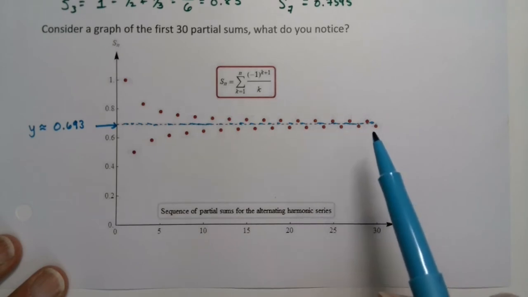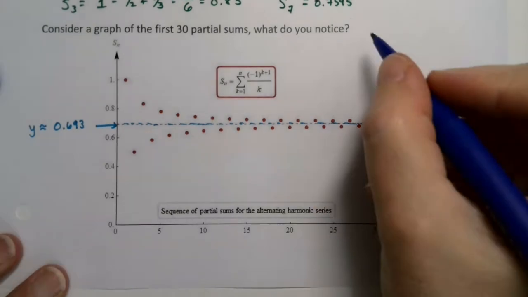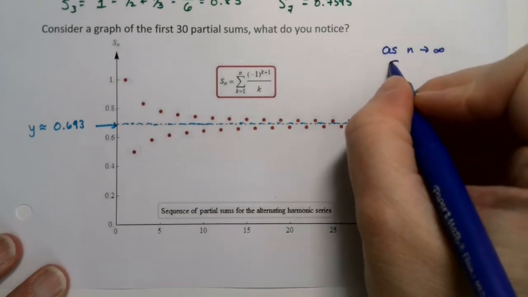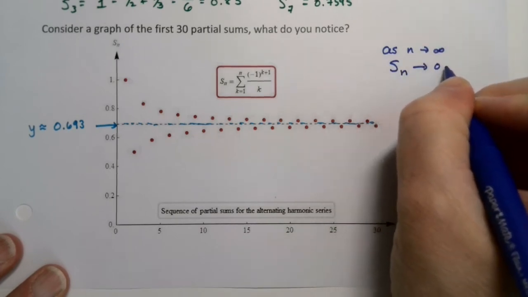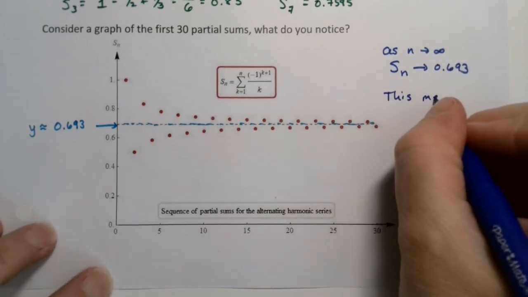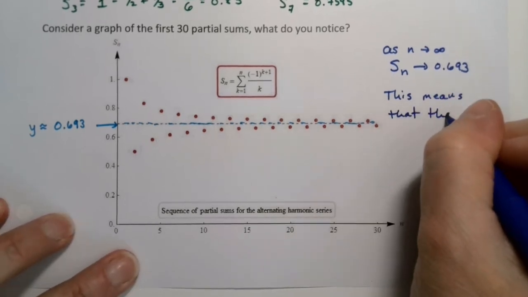So as n goes to infinity, that series is converging on a value. So a couple things. As n goes to infinity, the partial sums are approaching 0.693. This means that the alternating harmonic